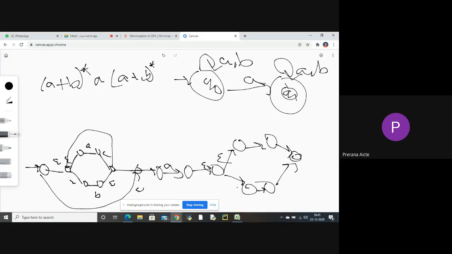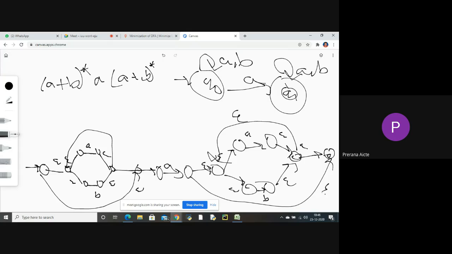Epsilon, epsilon, epsilon, A, B, epsilon, epsilon. We need to add the final state here. So epsilon, it is epsilon, and it is also epsilon. So this is the NFA with epsilon. Here this diagram is the NFA without epsilon. These two diagrams come under the conversion of